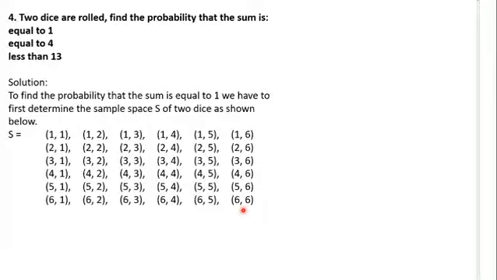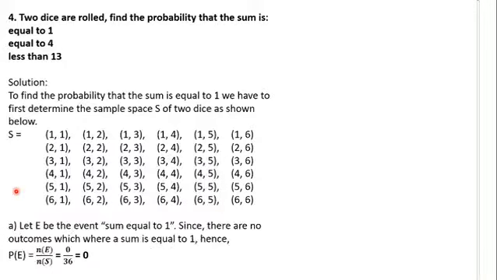So if we want to find the sum that is equal to 1, we need to look into our sample space. Is there any of these events that if you add them together, they'll give you 1? There is no such event, because you see the lowest one will be 1,1 here, which will give you addition of 2. It means that such an event cannot happen. It is impossible to roll 2 dice at the same time and get the sum of the outcomes to be equal to 1. So our probability is 0. Remember, we said the probability of 0 means that an event cannot happen.